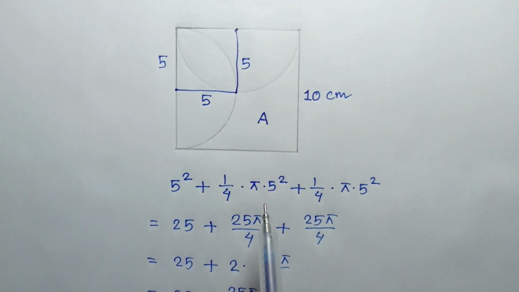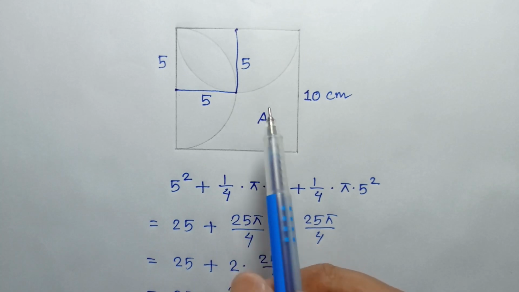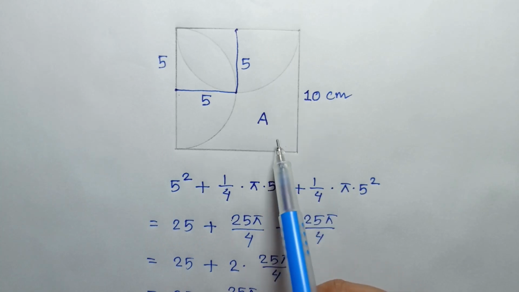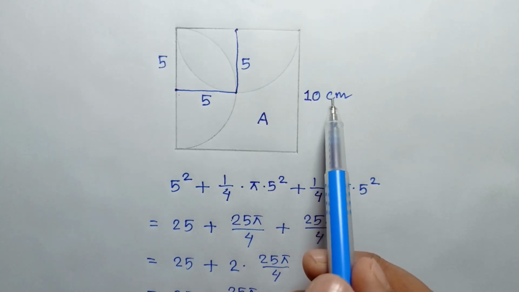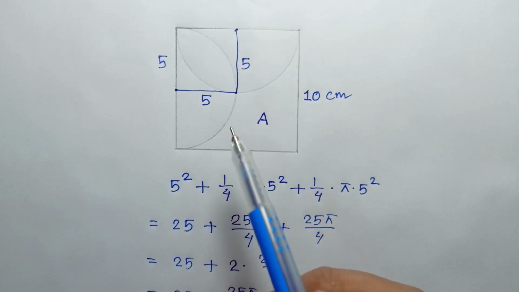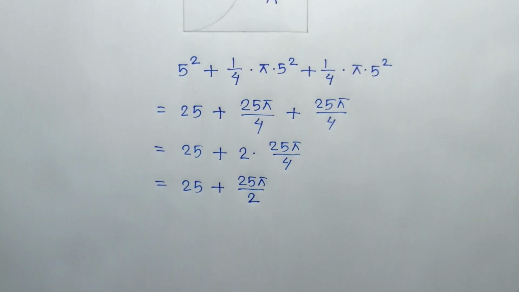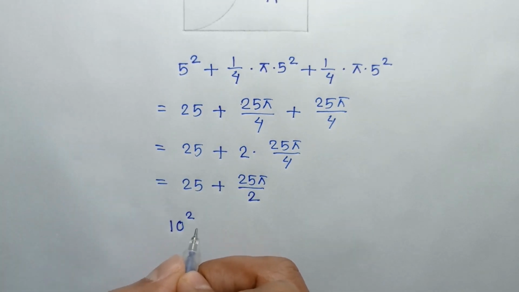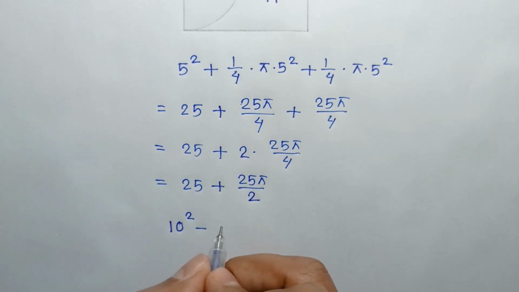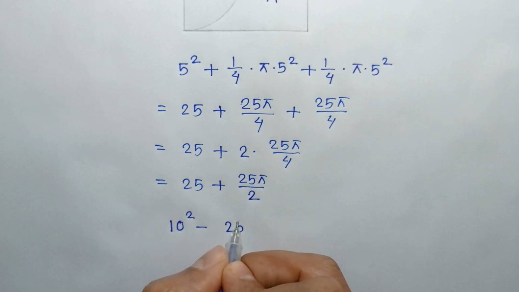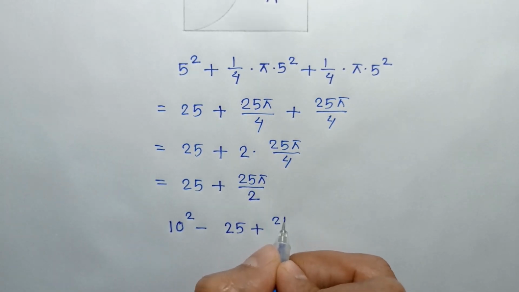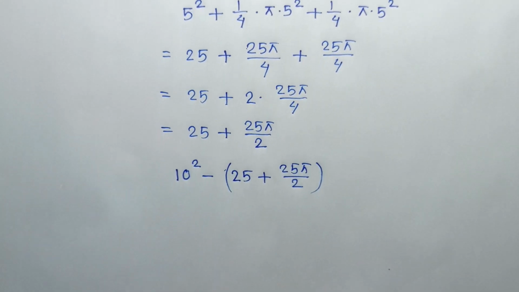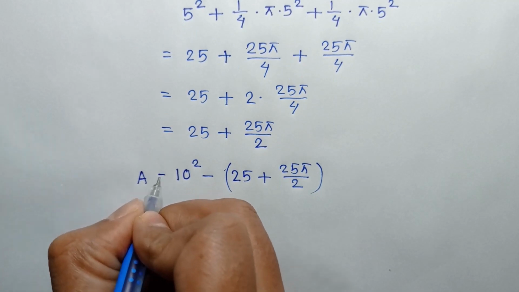So the area of A is the total area of the square of side 10 centimeter minus the area of this region. So area of big square is 10 square minus the area of this, so 25 plus 25 pi over 2. So this is the area of the region A,